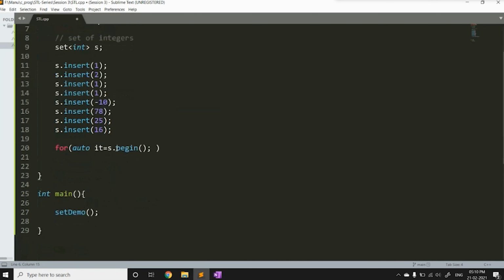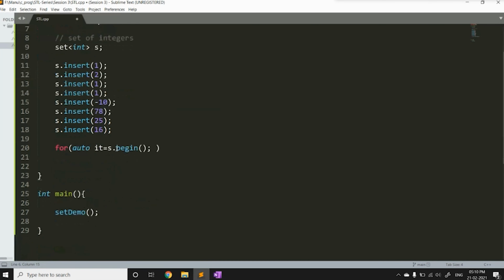And what is this begin? s.begin() will give me the iterator to the first element of the set. So let's say this is my set. s.begin() is an iterator, or you can say a pointer, which is pointing to the first location of my set, or the first element of the set.